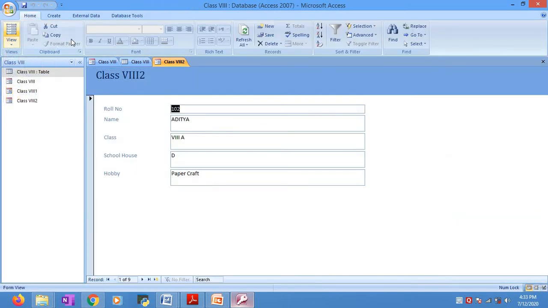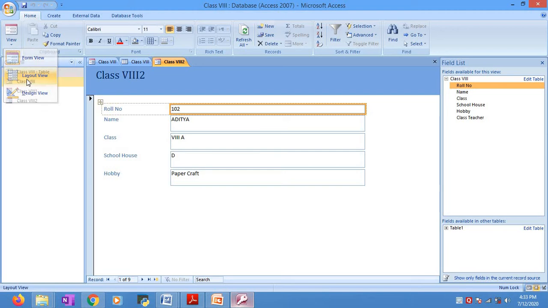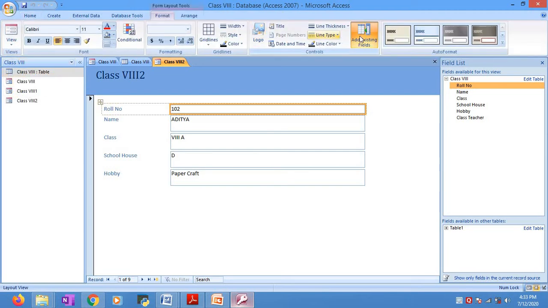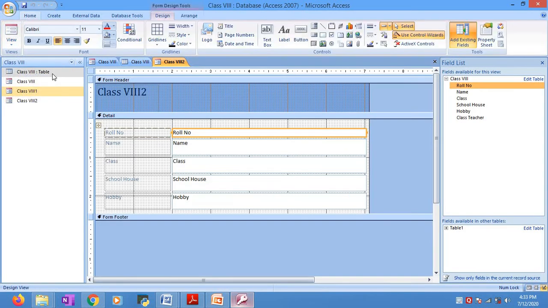In the form view you get fewer options in the ribbon. Second, in the layout view, you get more options there. And finally, in the design view, you get a little more options. Okay, so this is your form view, right?